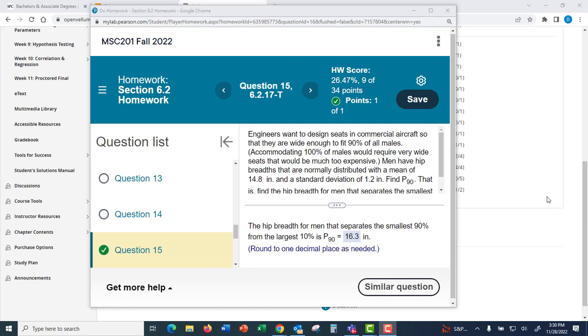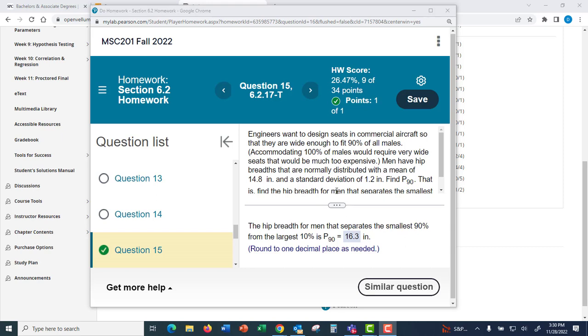that you seem to have trouble with. So I made this little video to show you how to use StatCrunch to work those problems. So we're now in 6.2 and this is problem number 15. I've already worked the problem, but I wanted to show you how I did it. And my numbers are going to be different than yours, but at least we'll show you how to work the